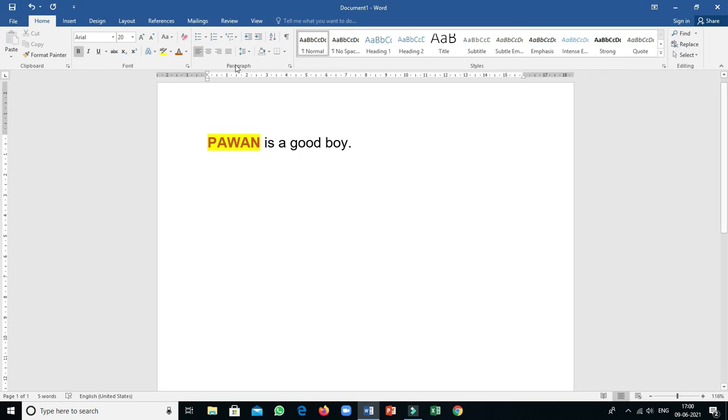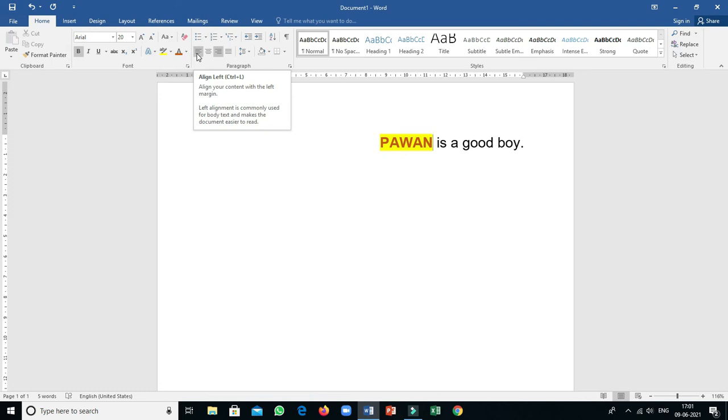Now move to the alignment. This is the alignment option. By default this is the left margin and this one is your right margin. Whatever data I have just typed is left aligned, because left align is active. Your shortcut key is Ctrl plus L. Now if I click center, see, the total line is converted to center, because here the left and right margins are there, and this data is just in the center of the left and right margin. Click on right alignment, it is aligned to the right. For justified, some different options are there, and remember by default the left align is there.